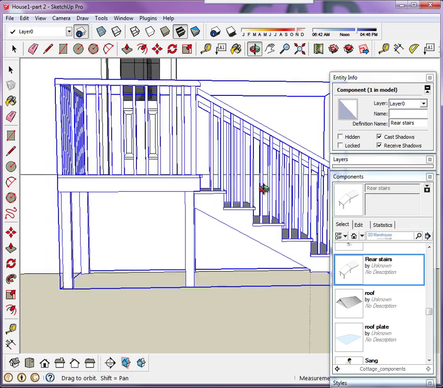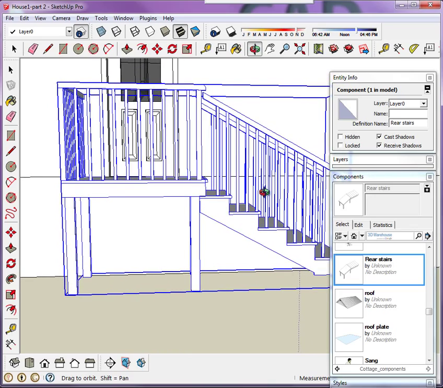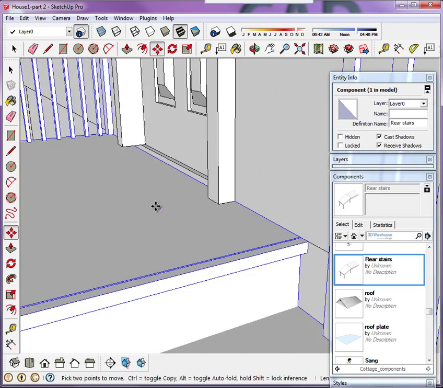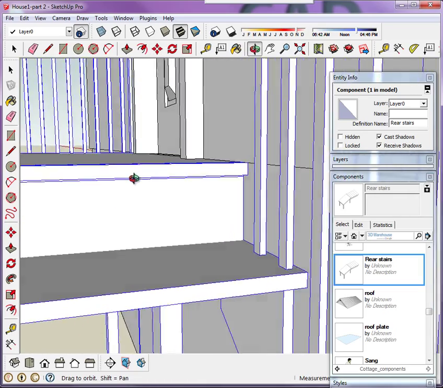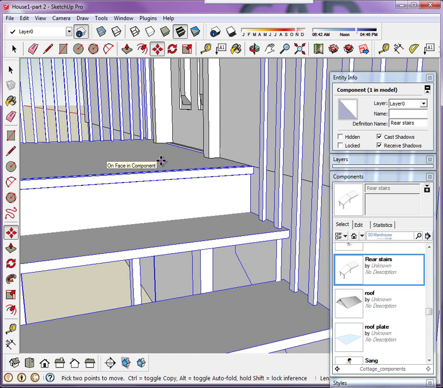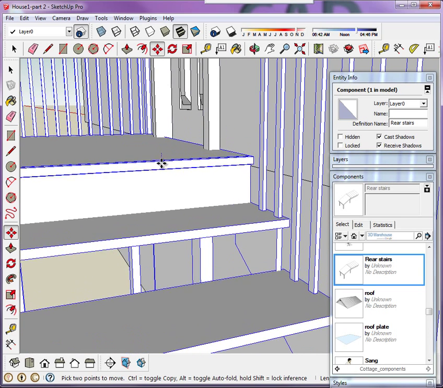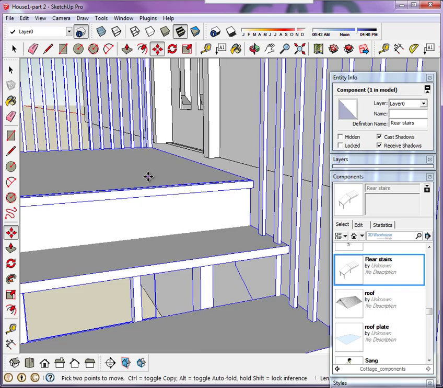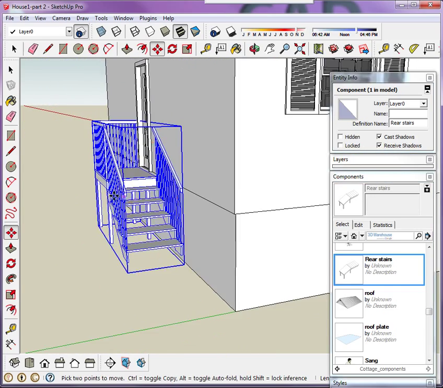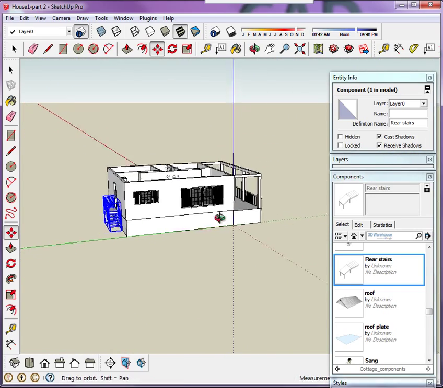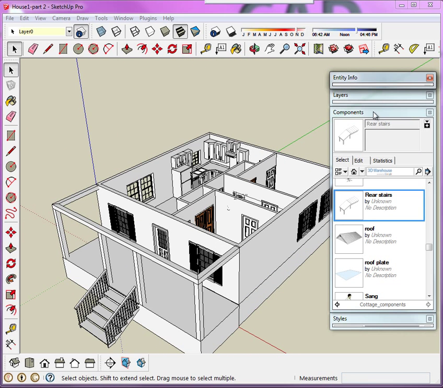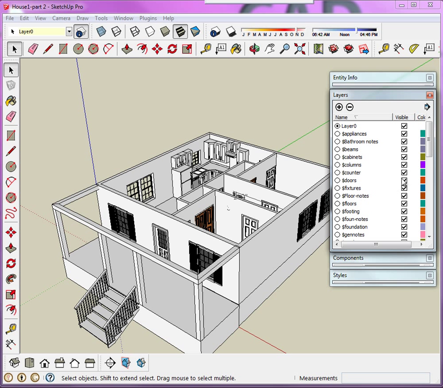Now remember, this decking should be 2 inches, right? At least 2 inches below. So you can see here how I have aligned it to the bottom of the wall. And now what I can do is using move, pull up or down, right? Make sure it's on the blue axis and put it down anywhere between 1 and 2 inches. Okay? So, if we turn everything back on again to see what we have so far,